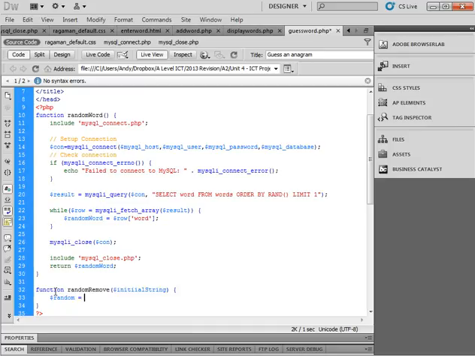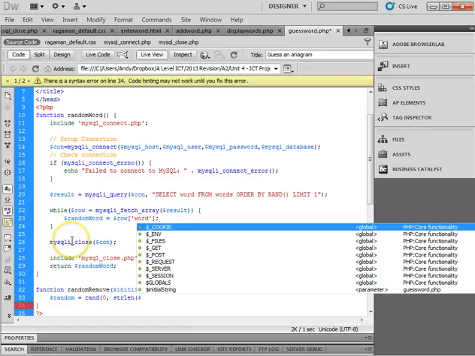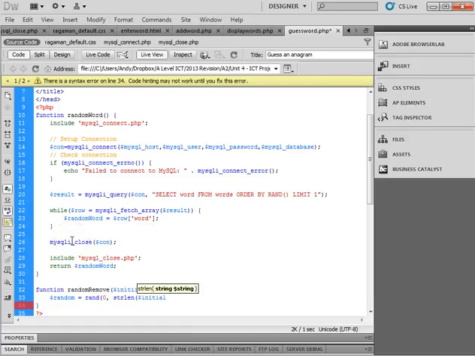So I've got this option called random, so this is trying to get me a random number, and there's a built-in function in PHP called rand, so it's going to be between 0 and I've got this thing called strlen, which stands for string length, so it works out the number of characters. So I get the string length of that, which was golf, and you get 4, and I want to take one away, because in computers we generally start counting at 0, so I've got position 0, 1, 2 and 3. So I've got all positions of the letters, and then